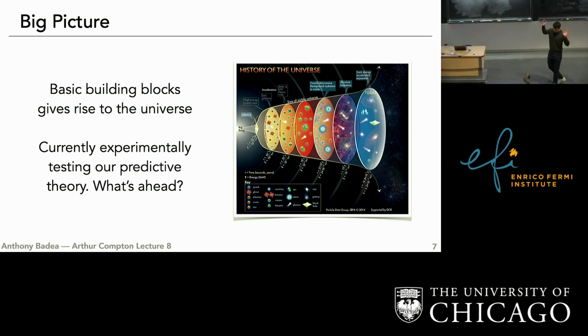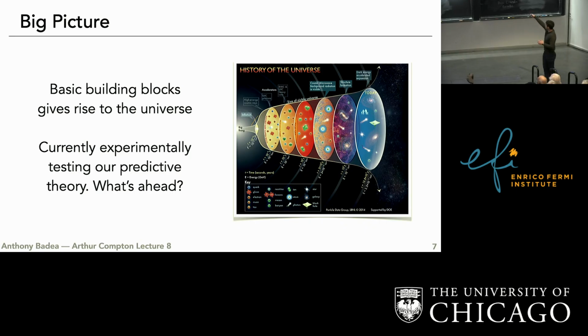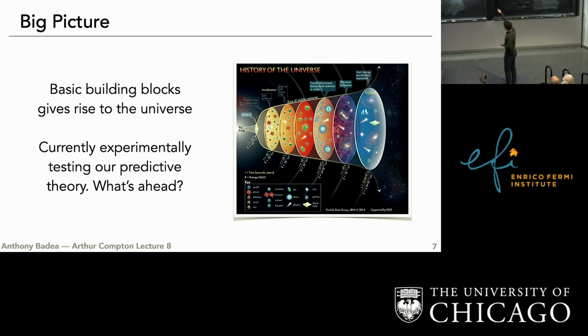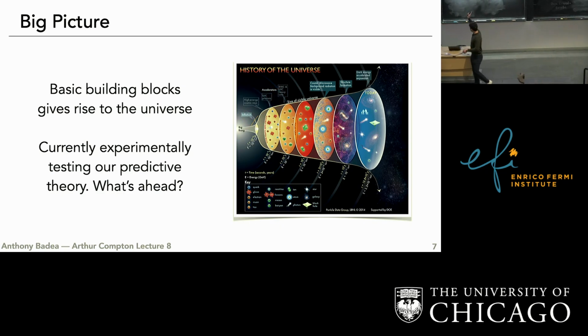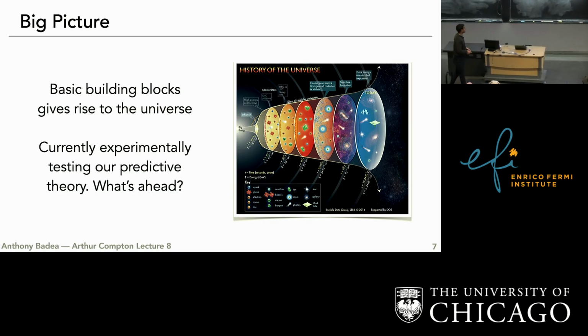So first, I want to zoom out again to the really big picture that we started with in the very beginning, which was this picture of the evolution of the universe, starting from a moment when everything was in an extremely small amount of space. Then there was a rapid period of inflation, and then the physics that we're talking about really kicks in, so the physics of particles and of nuclei, and then from there the building blocks keep growing and growing together, and then you get the large-scale behavior that you see today, especially as the universe is expanding.